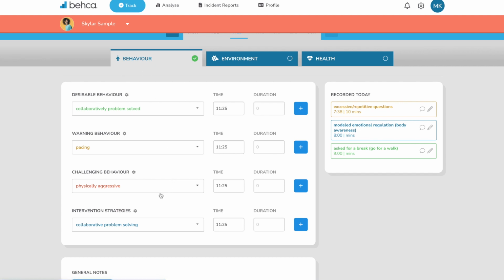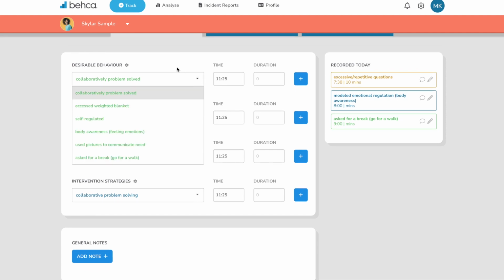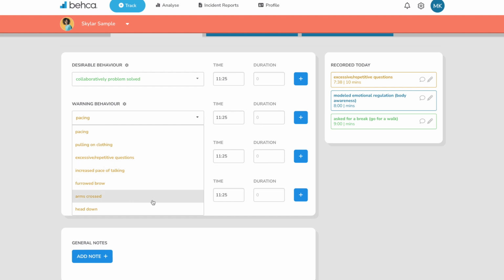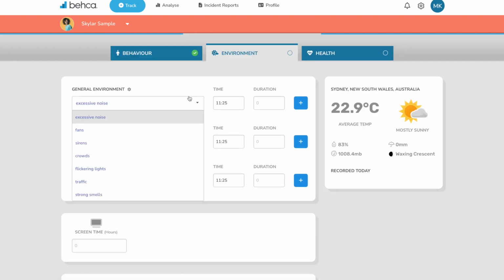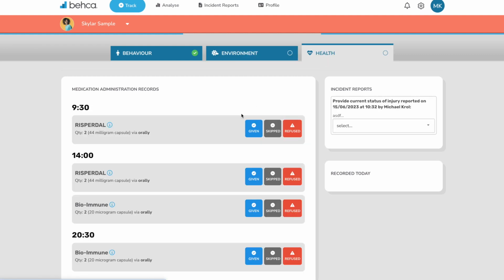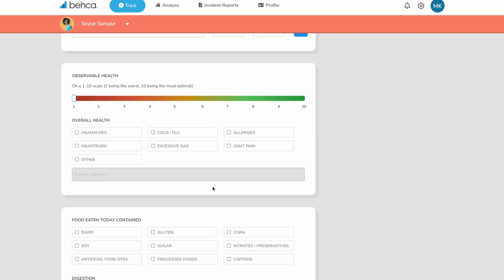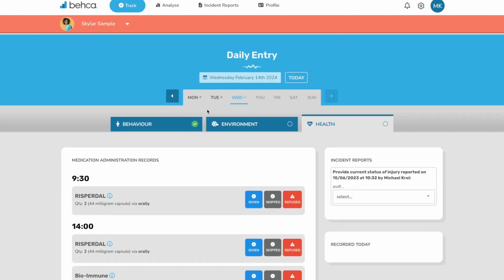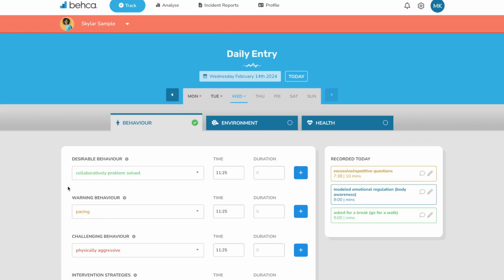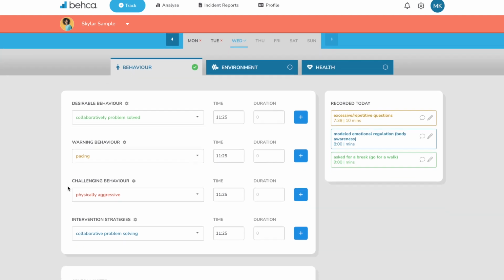So we have not only drop-down lists, which you can pick, for different behavior types. We also have similar lists under environmental factors. You'll notice here schedule changes. There's also a range of health items we could track. Here's another list. So when I refer to profile customization, it is curating what these lists represent and what can